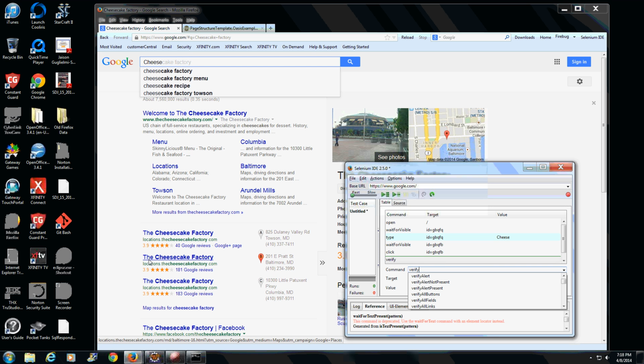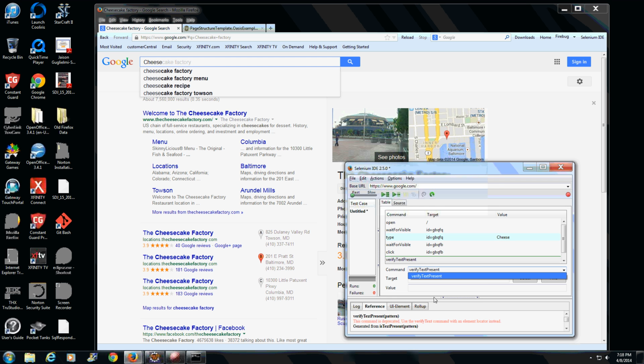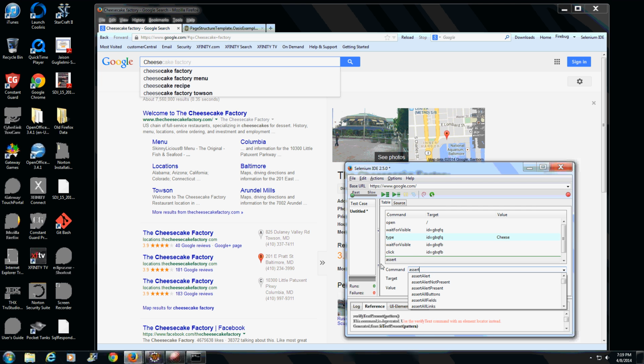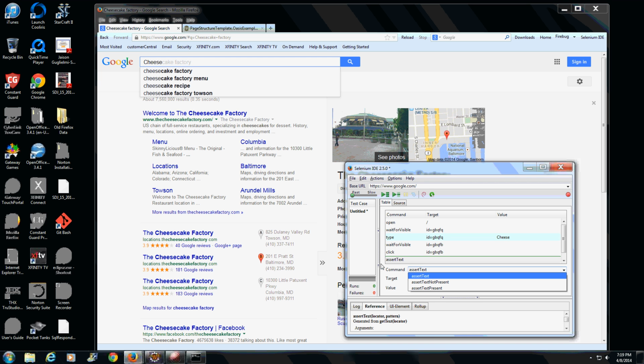You can do a verify. The verify command actually will do what's called a soft fail. So that means if the step fails, your test will continue on. The prefix assert will automatically fail your test and stop it dead in its tracks once it detects a failure. So if we said assert text present, we're going to automatically say, hey, this is done, and the test is over with. So we're going to assert the text, in this case,